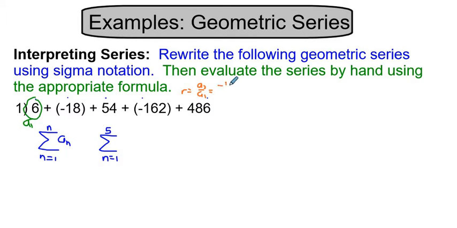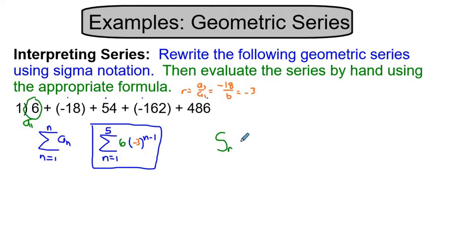So that's just negative 18 divided by 6. So that's just negative 3. And with geometric, that's all I have to do because the formula is a1, right? And then we put in r, and then we put the exponent n minus 1, and we're done. And so the nice part about this, unlike arithmetic, is I'm already done with that problem for the first part. Now, to evaluate the series, that's going to be this formula, S_n is equal to a1